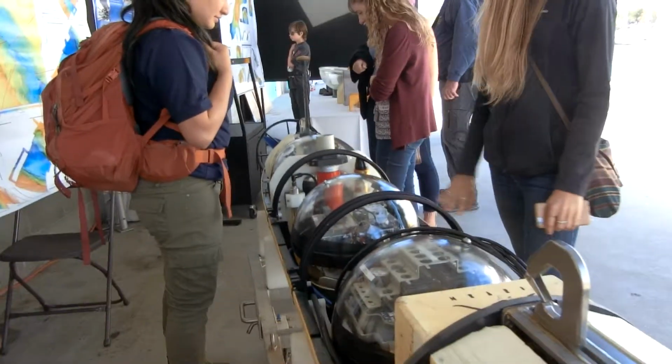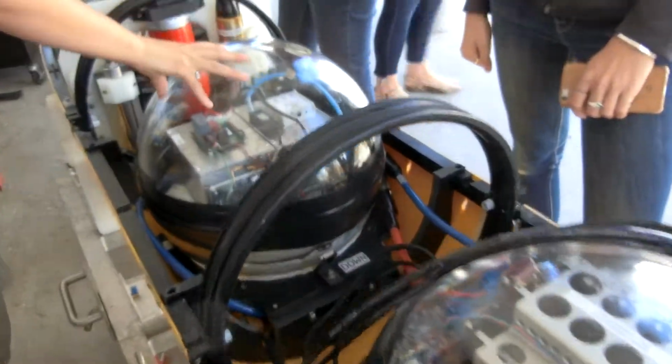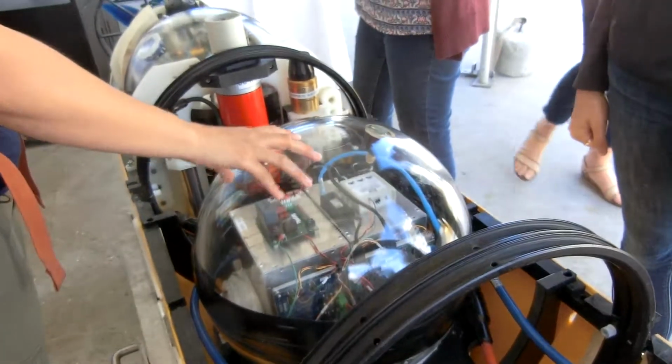Smaller in little balls. That's just because the shape just turns out working out that way? No, this is one way we do high pressure housing. There's two ways. And